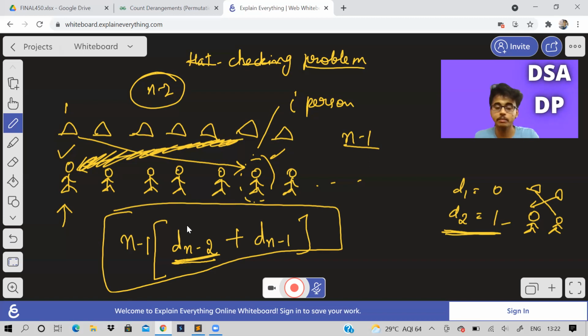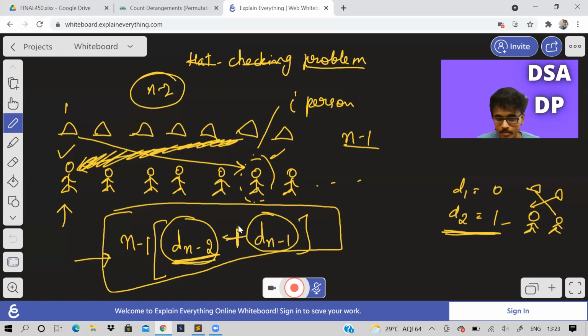Let me prove this to you now with the help of an example. I hope this small derivation was somewhat clear, at least the two cases, what we did to get this and this. If you are clear, then it will be easy. D of n minus 2, what does it mean? We have fixed two things. We have given person 1 the ith hat. So n minus 2 people are there, and we should bother about n minus 2 derangements. Otherwise, if we don't give person 1 the ith hat, then n minus 1 derangements are remaining.